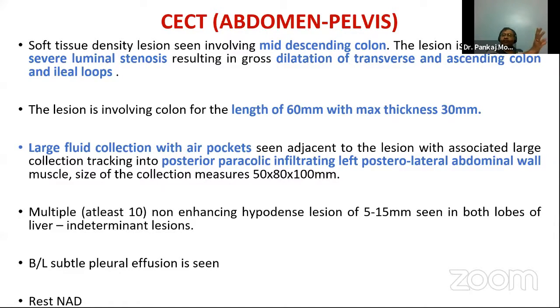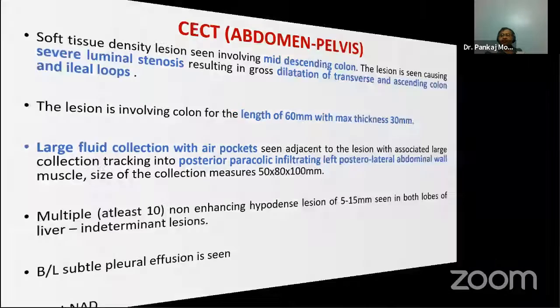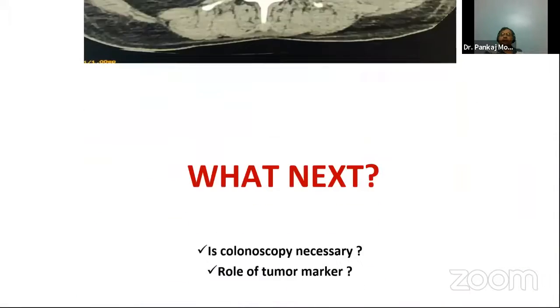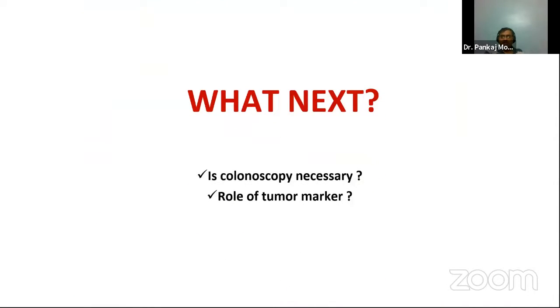First, I have already said, lump with guarding is always a surgical case. And this is the other message: there is definitely a role of CECT in practically all such patients, unless the diagnosis is very clear or the patient has a definite small bowel obstruction, where it may not be of much use in certain cases. And tumor marker, I think there is no need to discuss. It is just for completing the list, because we never think of that in such a condition, as it does not have a diagnostic value.